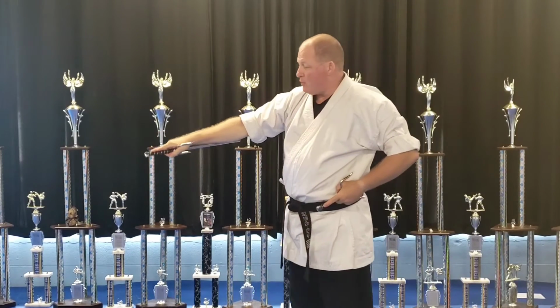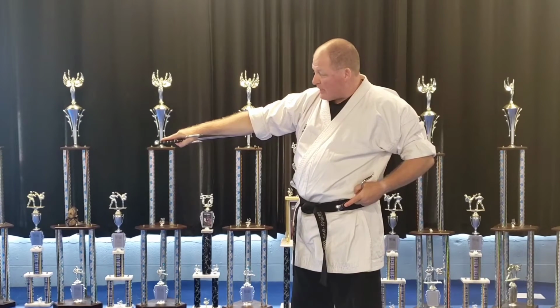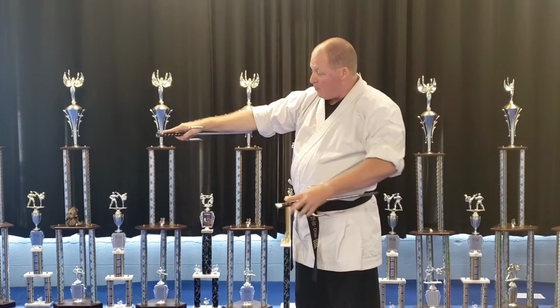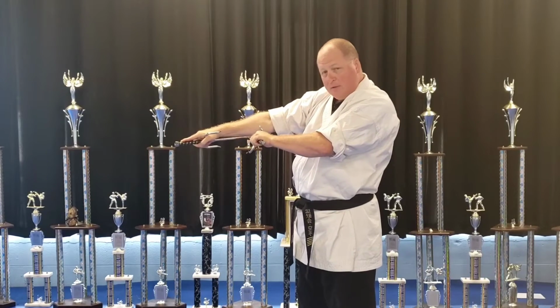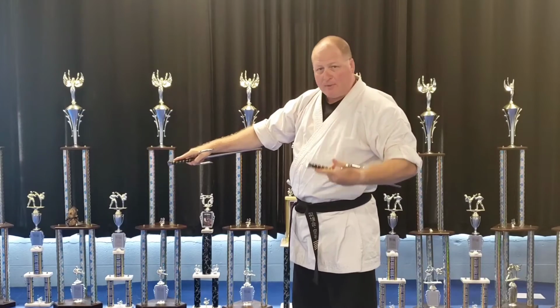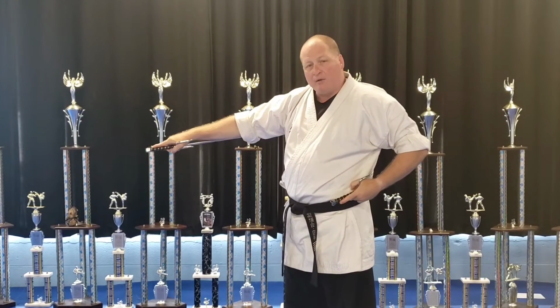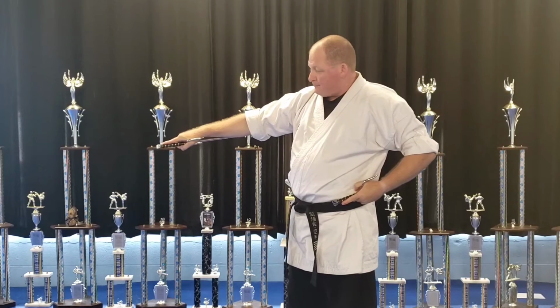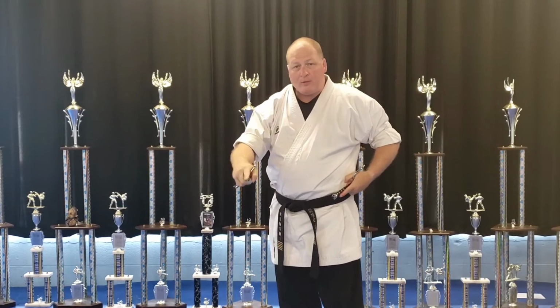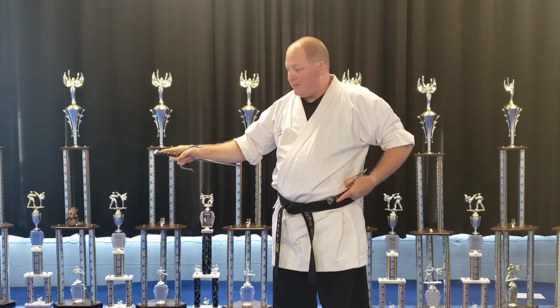Another thing you want to do when you're working with sai is you want to try to keep your punches on a slight downward angle. That will help keep the main body of it tight against your arm. And I'm not going to go into the Japanese terminology. That's why these videos aren't for that. It's technical videos. Now, when you get ready to strike with the sai open, and by open I mean extended,